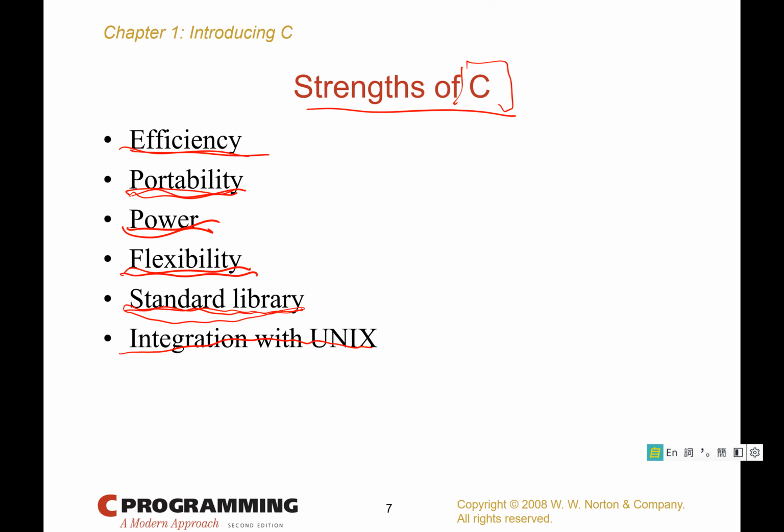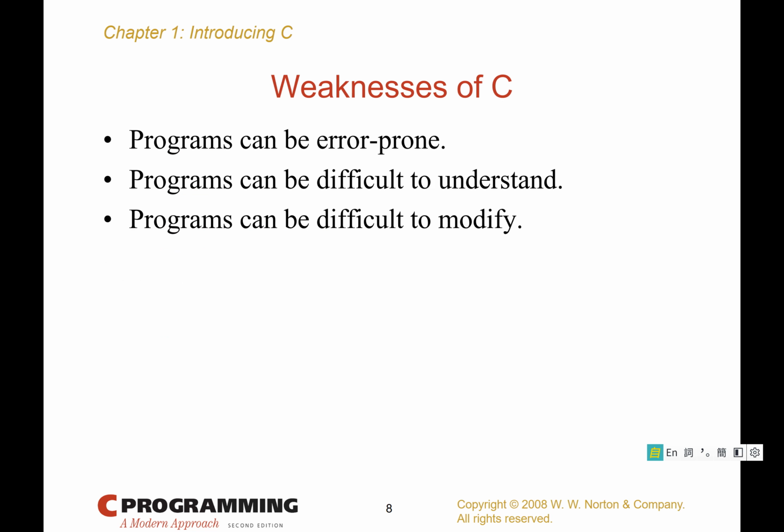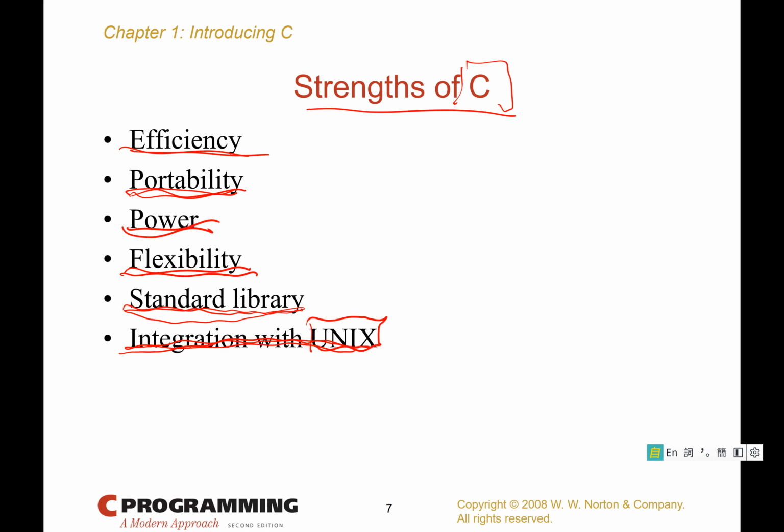Integration with Unix. As I mentioned before, Unix was written in C. To write an operating system takes a lot of effort, and C can do this kind of thing. So integration with Unix is very important because